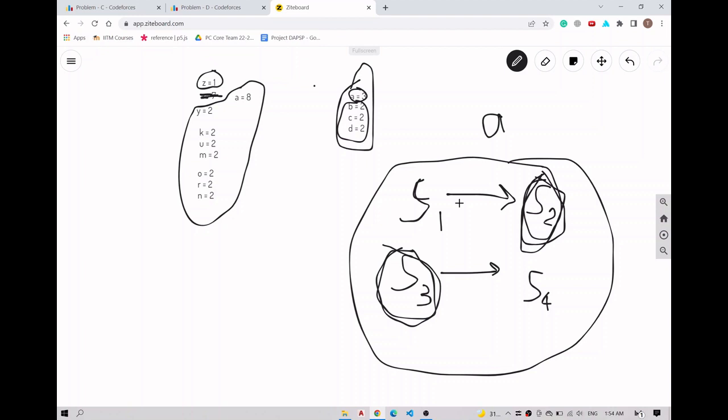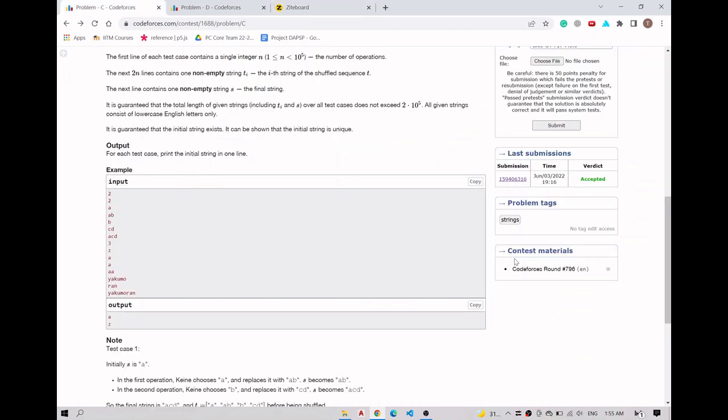Similarly, every character that finally appears in the final string S would appear an odd number of times in the sequence of strings T. In which case, if we again include the final string S, we would have the total parity of that character to be even, except for the initial character that we start off with, because that would not appear as an RHS of any kind of operation here. So that will appear one extra time, and hence that will be the only character to appear an odd number of times. So what we can do in this question basically is